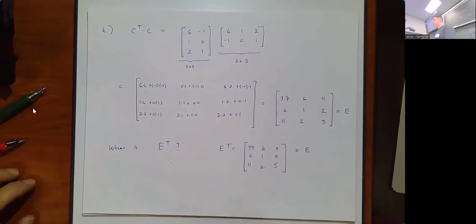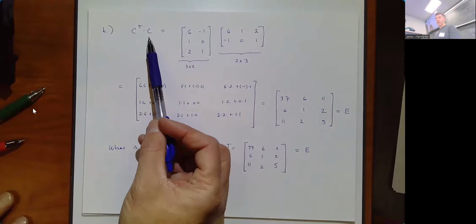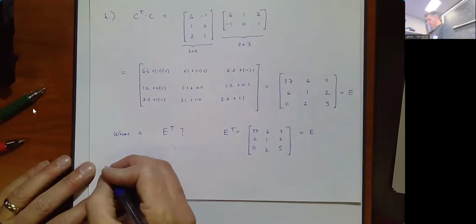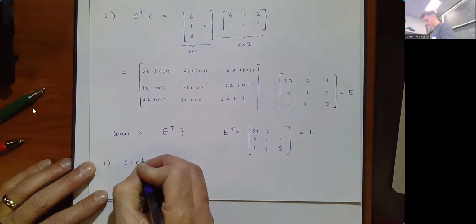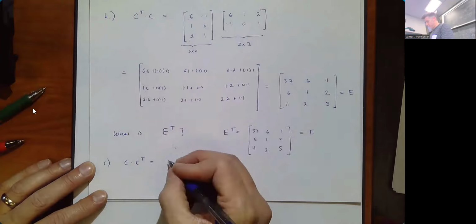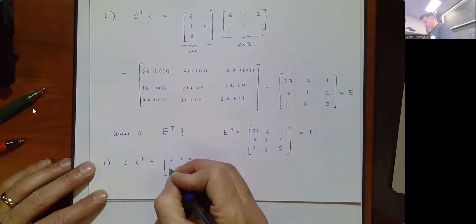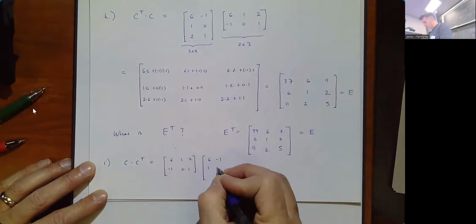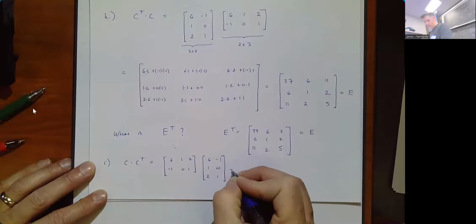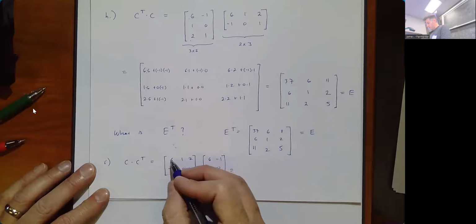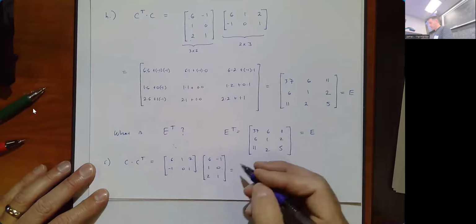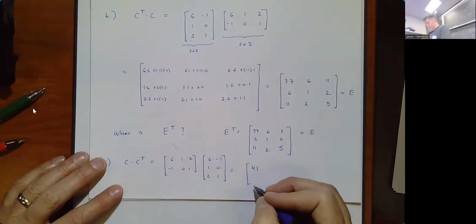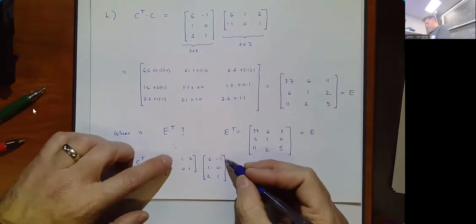And it is true that if you ever multiply a matrix by its own transpose, you will get a symmetric matrix. So if we actually go the other way, we do C times C transpose, which is going to be [6, 1, 2; -1, 0, 1] times [6, -1; 1, 0; 2, 1]. All right, let's do this one without writing all the stuff because I don't have much room here. 6, 1, 2 dotted with 6, 1, 2 is going to be 36 plus 1 plus 4, which is 41. 6, 1, 2 dotted with negative 1, 0, 1